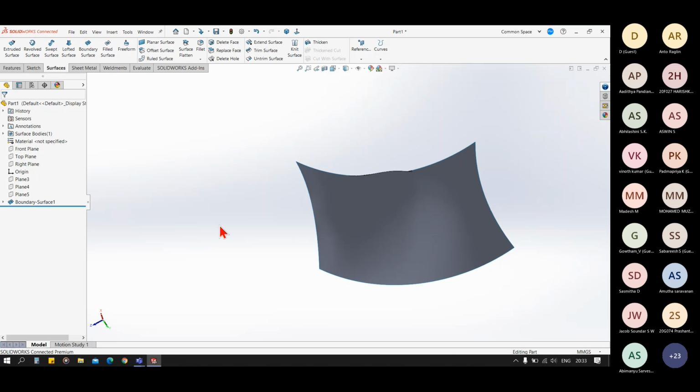So, doubts for lofted surface, boundary surface? Anyone? So shall we go towards the next? Okay then.